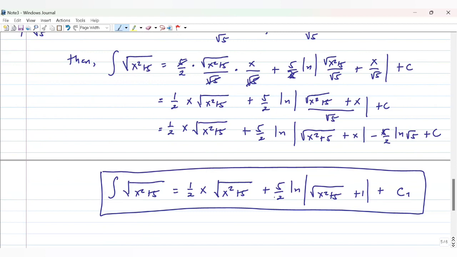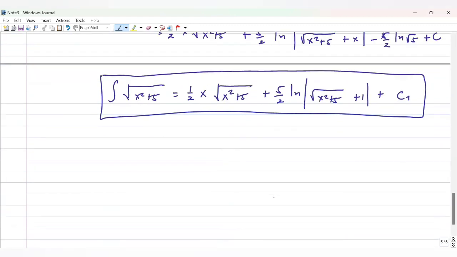Okay, so let's have case 3. I've been through the square root of a squared minus x squared, and then the square root of a squared plus x squared. So now, for case number 3, we have the form